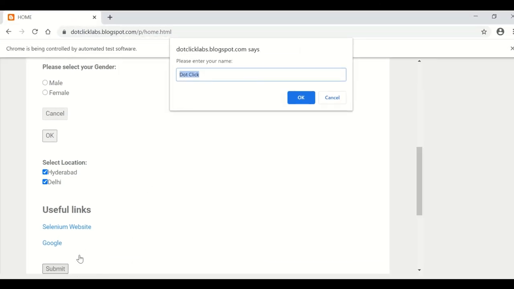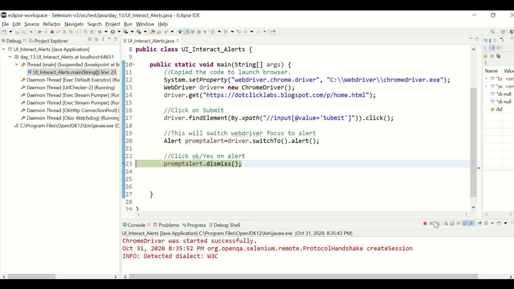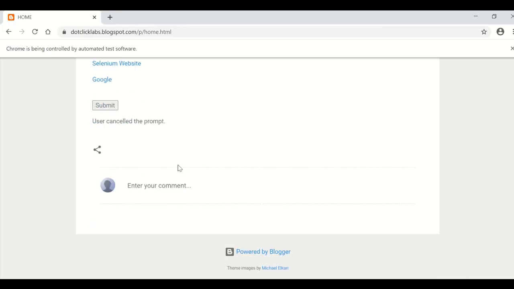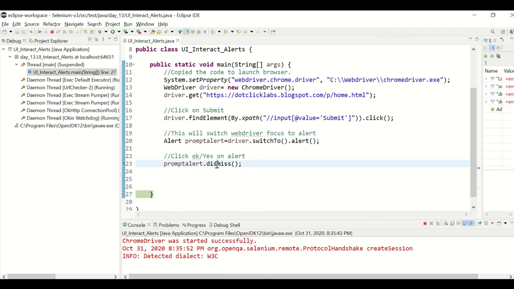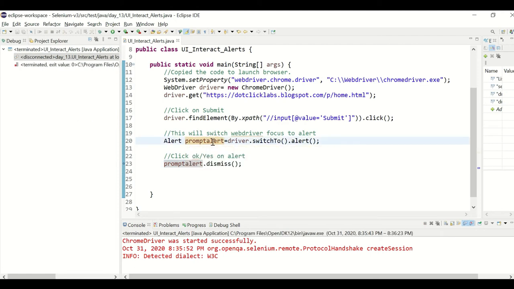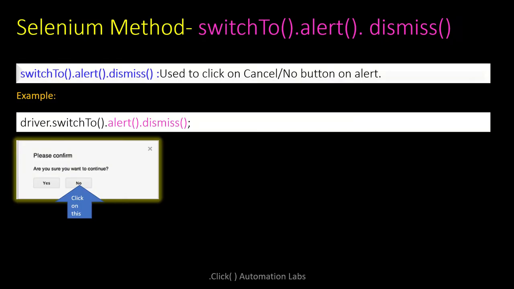Okay, so now you see there is no message. Once you dismiss it, you see user cancel the prompt, because the switch to dot alert dot dismiss has dismissed the alert, which means it has cancelled the alert. So this is about switch to dot alert dot dismiss.